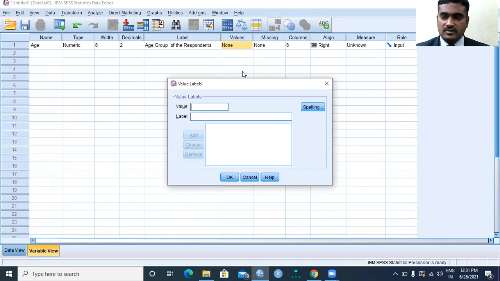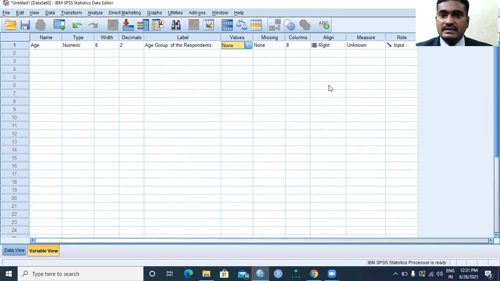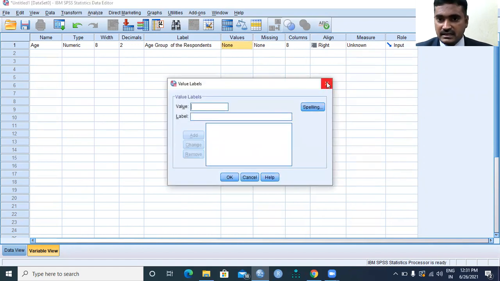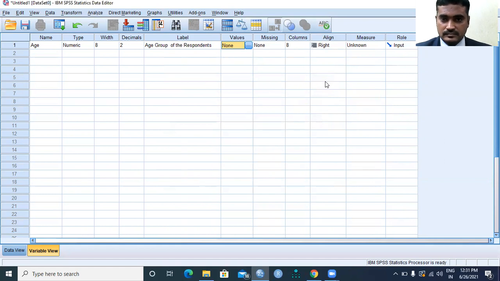Surely it will differ from one person's age to another's, even by years followed by months. That's why age is a continuous variable. It can be anything, so I'm not going to mention anything here in the value column, right? So no missing value.